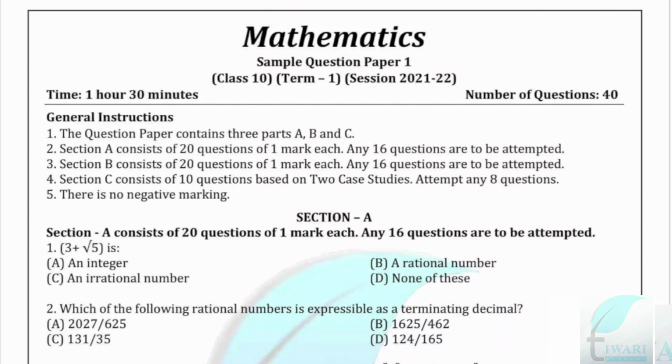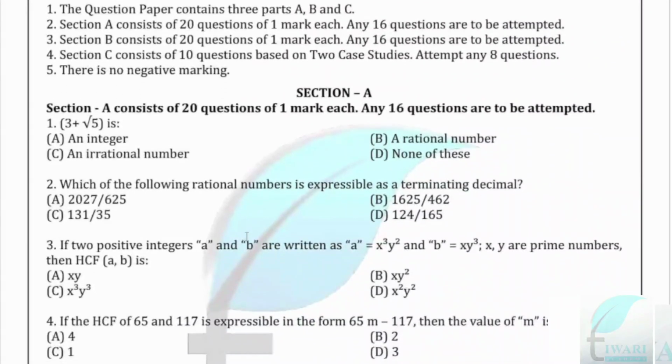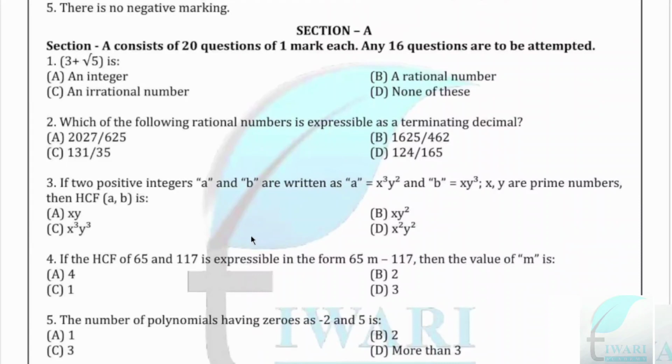Today we are going to solve sample question paper 1 of class 10 term 1 in the session 2021-22. So the first question is of section A, which consists of 20 questions of 1 mark. First question is: 3 plus root 5 is what? So we know that